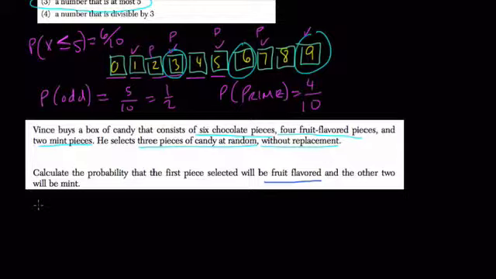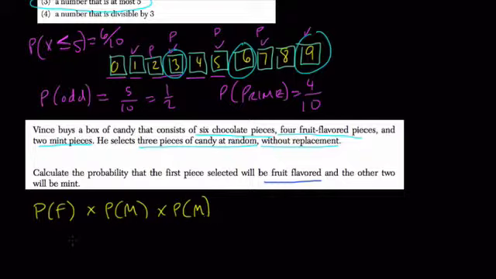So just break this in pieces. The probability that you will get a fruit, right, and then a mint, and then a mint after that. So it's the probability of getting a fruit times the probability of getting your mint times the probability of getting a mint after that. The first time the probability of getting a fruit is what? Well, it's 4 out of the total, which is just what? 4, 6, 2, so 12. So 4 out of 12, or 1/3, just that, of getting a fruit,